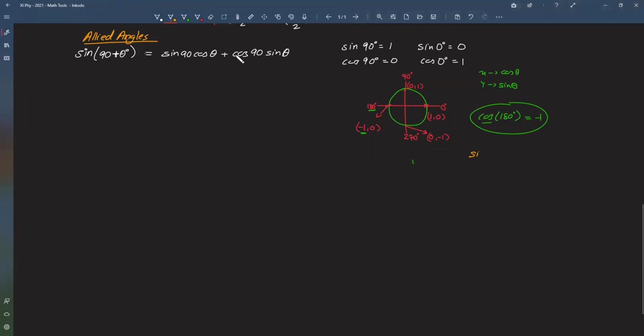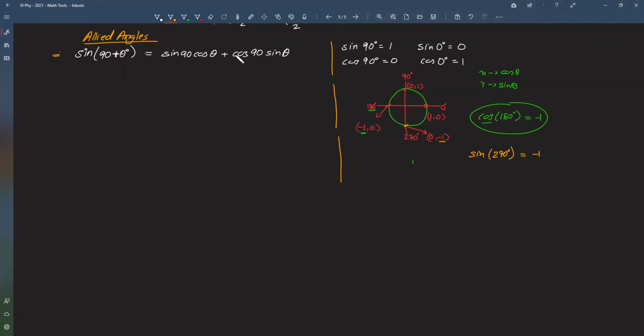For example, you have to find what is sine 270 degrees, right? So 270 degrees here. Sine means y coordinate. What is the y coordinate? Minus 1, right? So on the y axis, sine is 1 and minus 1. On the x axis, cos is 1 and minus 1. So these are various ways in which you can remember these results of these angles, especially 0 degree and 90 degree, and even 270 and 360 degrees.